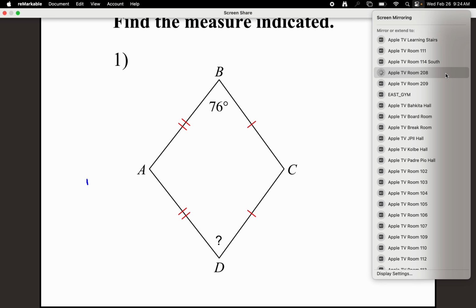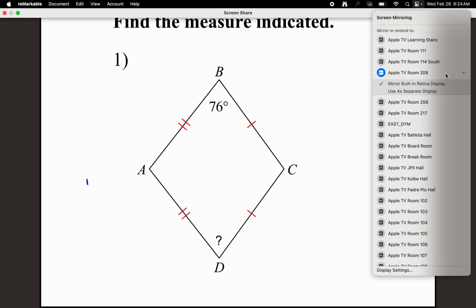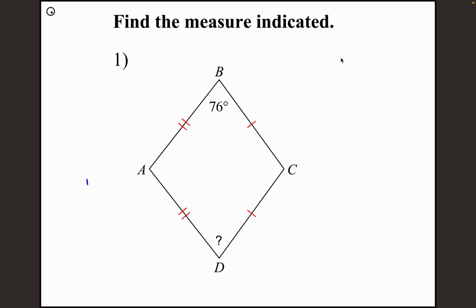Okay. So if you could see, here we go. BA and AD are going to be congruent, and BC and CD are going to be congruent. So there's two sets of congruent sides. That's going to happen on every kite. With there being two sets of congruent sides, there's also going to be just a set of congruent